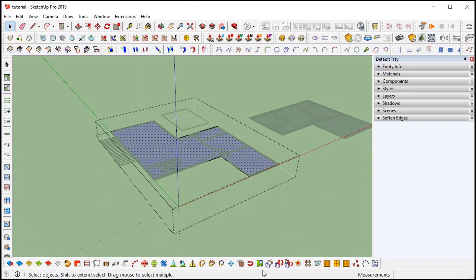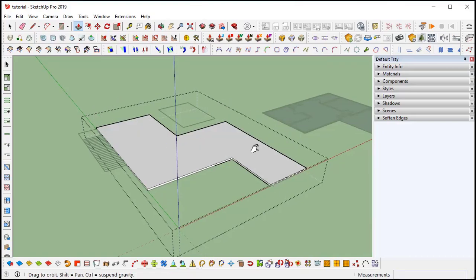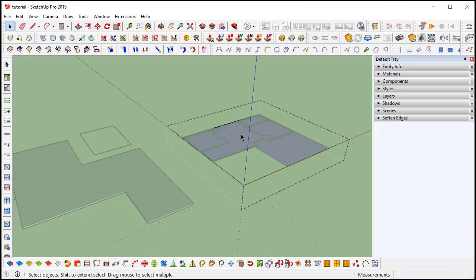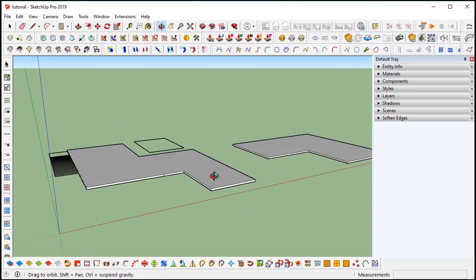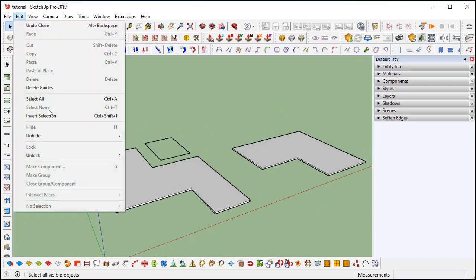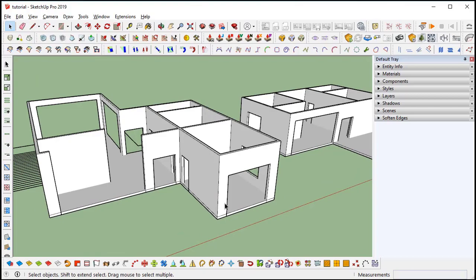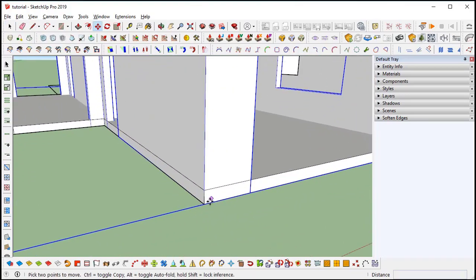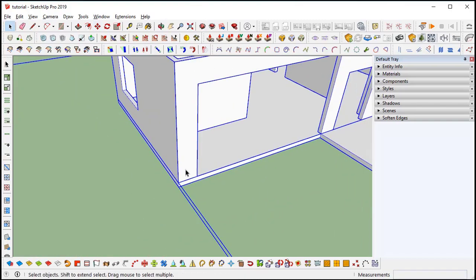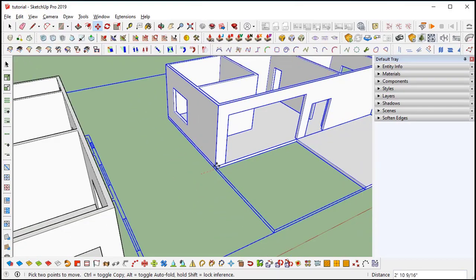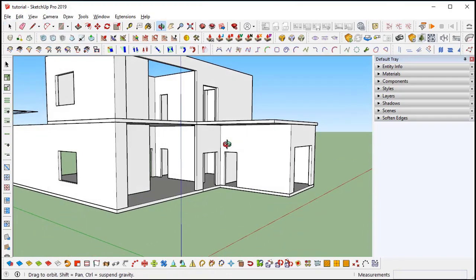Simply by double clicking on it, you can edit only a single block separately. If you select this, the other part won't be selected by default. So grouping is one of the advantages in SketchUp. I will unhide all the plans and I will adjust the height. It will be on the plan, so I will adjust the height. I will select both blocks and move them onto the other one. Exactly, it will match. Now we have arranged all the parts.